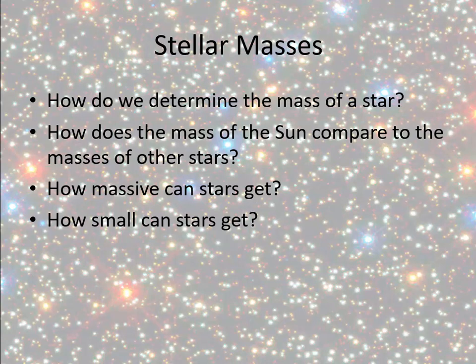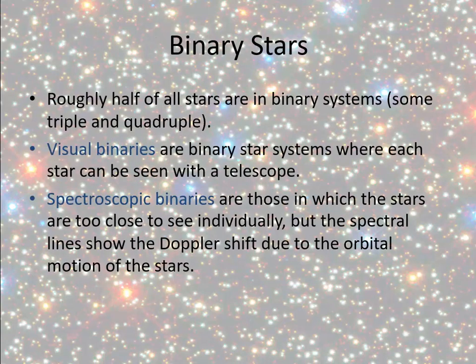And in determining the masses of stars, we look at binary systems. And we can also figure out masses of stars using other means, but binary systems provide the most accurate way of determining stellar masses. If you can find something orbiting around a star, then you can figure out the mass